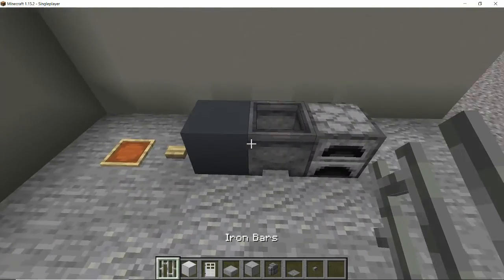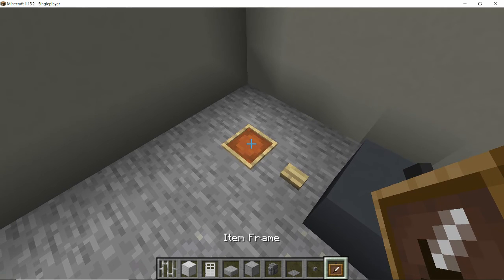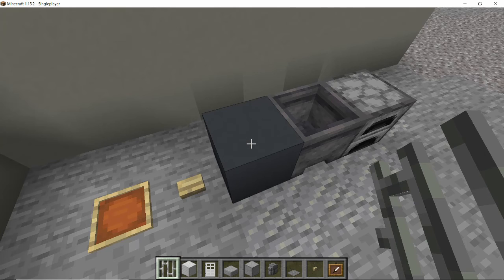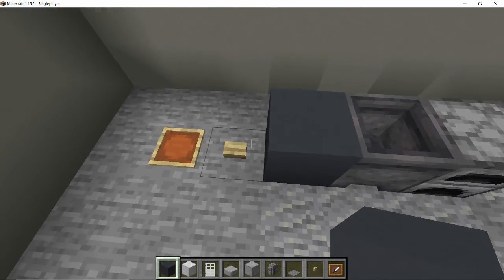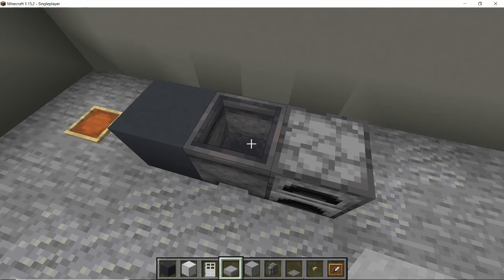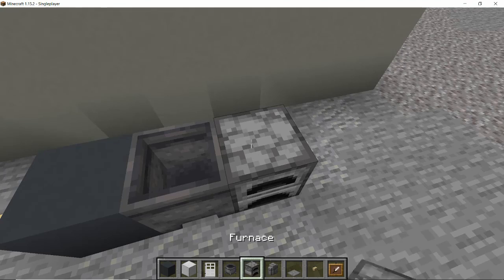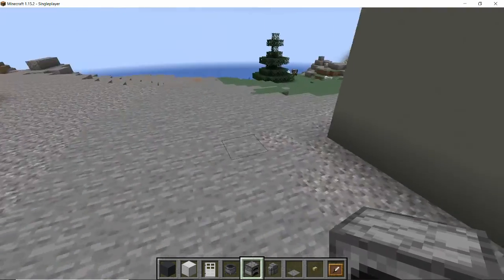But I would like to pick up a few items that I thought might be useful for my kitchen. So let's replace a few of the items I've already got in my hotbar and pick up the frames and the birchwood button and the grey concrete and a cauldron and a furnace or an oven, depending on how you want to describe them. So we can now remove these items because we've picked those up, and we're going to work first on the